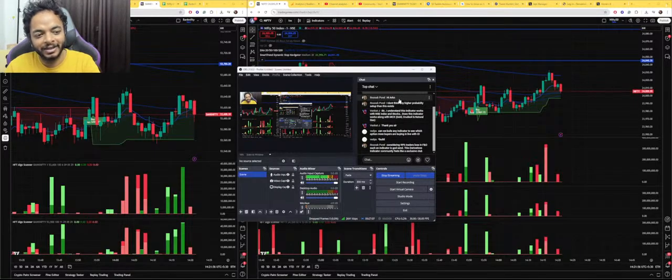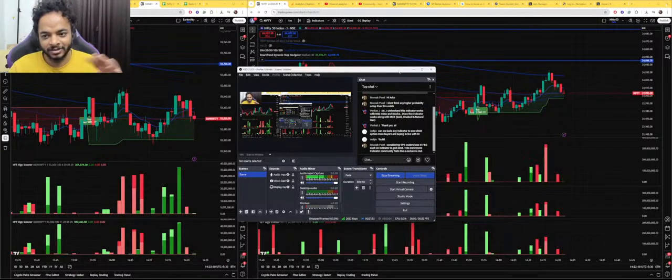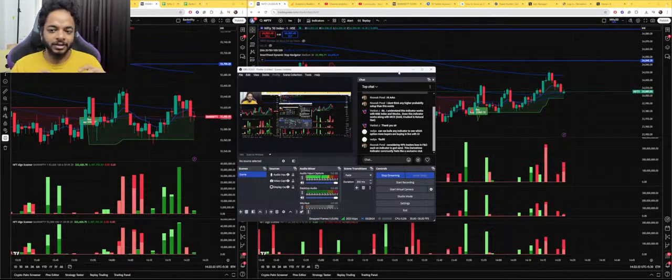I saw people doing that and showing OI long unwinding and short covering and all these. I saw that the logic was very simple. There are four conditions, very simple. Suppose in a strike price, OI is increasing. You just check the previous OI and the current OI. Now if you look at the difference, if the OI has increased, you see the premium there,